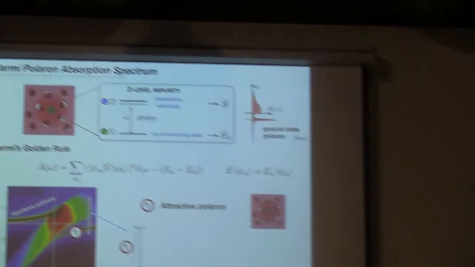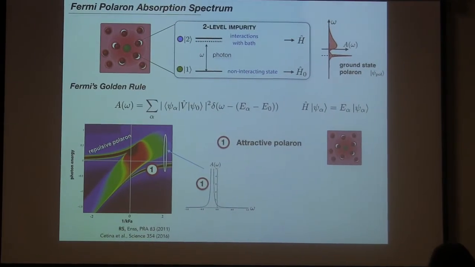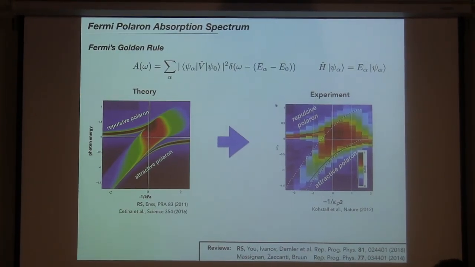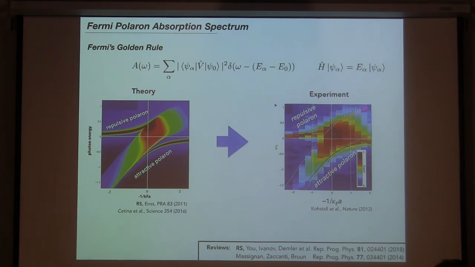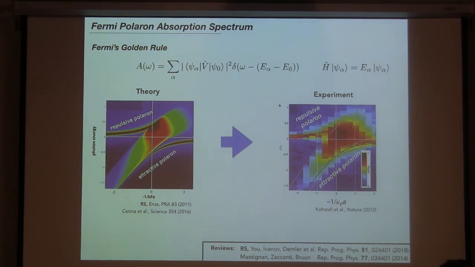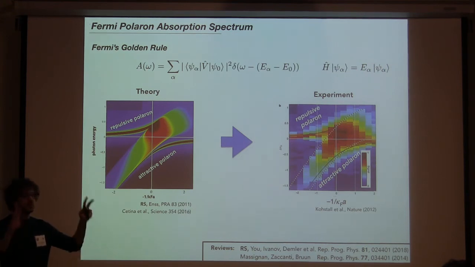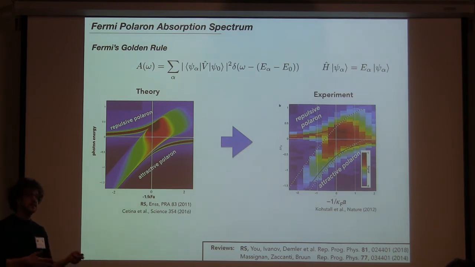Good. And with this, let me come in the last, I should have something like 15 minutes or so, to the question. That's a nice example where we can use cold atoms to actually study a phenomenon in the laboratory. Basically what we do here is we throw an impurity in the Fermi gas, and we change the spectroscopic properties or the optical properties of the system. The impurity changes optical properties, it absorbs now light at a different frequency. It's RF, I should not call it light, but electromagnetic waves.